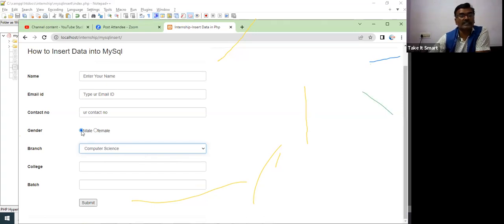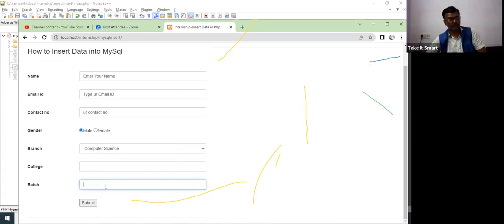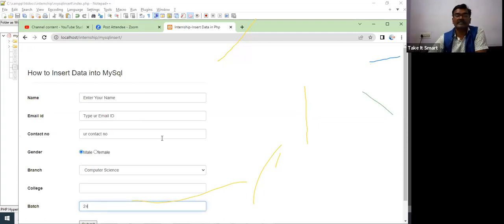So this is the difference, and this is known as a radio button. Radio will be on or off. One student cannot be male and female, so you can select one option. Here the college name you have to type. In batch, 24 or something, you can type. So once we insert everything,